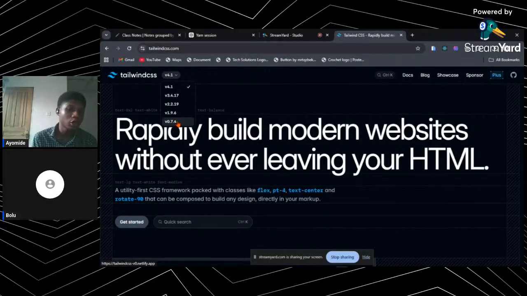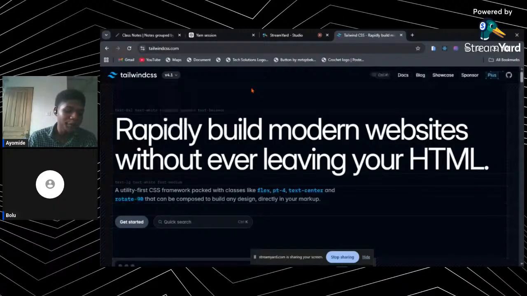So just work with the latest ones because it's basically just easier to work on there. So we have version 0.74, 1.9.6. The latest one is 4.1, and that's the best version so far. That's based on my experience using it though. So basically everything you need to know is here